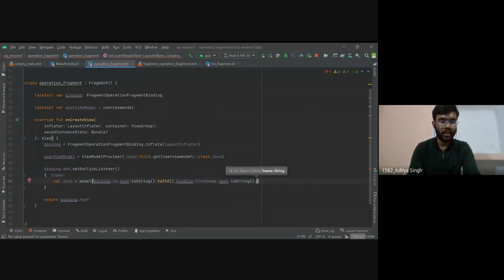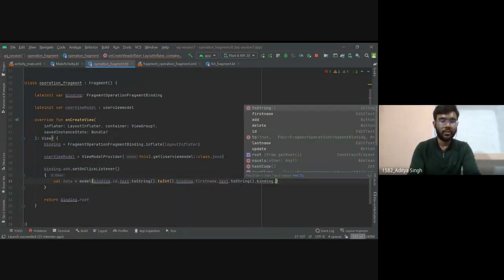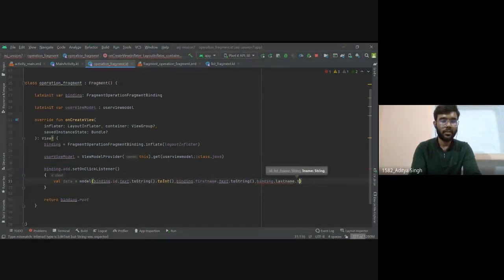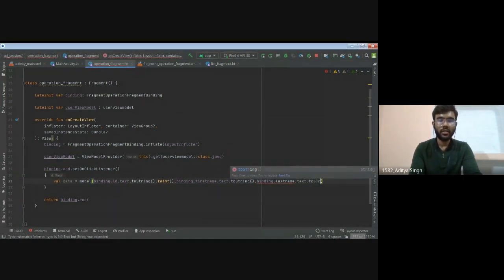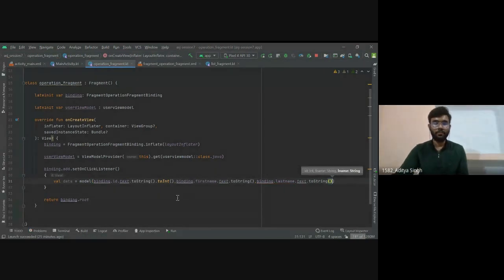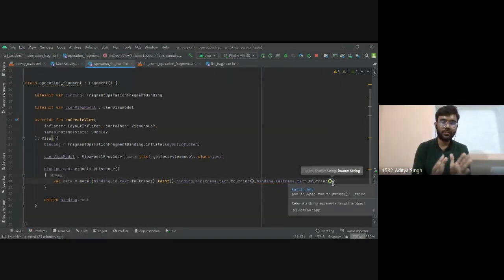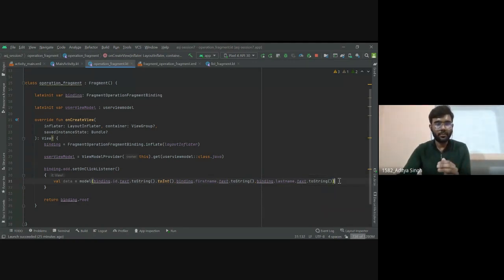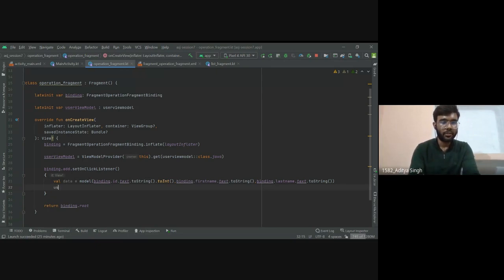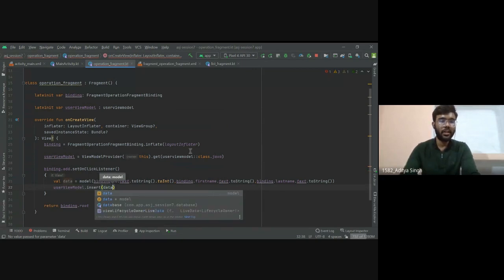And last name, binding.lastName.text.toString(). So this is how we will pass the data. Now we have created a variable of model class type containing all the data. Now we need to pass this variable to our database. We will simply write userViewModel, because I have already initialized it. We will use this insert function and pass this data to it.